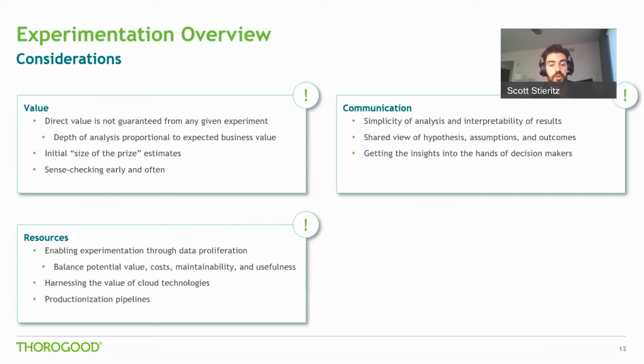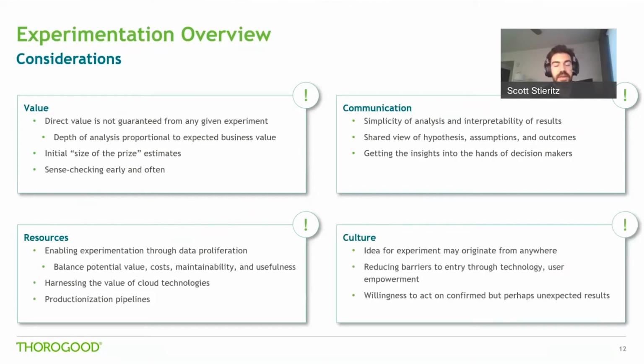We also can incorporate cloud technologies, so something that we're going to hit on in some detail during today's session. And we can also think about productionization pipelines. So once I get to something that is valuable, what is the process around getting that into other people's hands? So those are, like I said, some tangible considerations, those resources. We can also think about maybe some slightly less tangible considerations. So enabling a culture of experimentation within our organization.